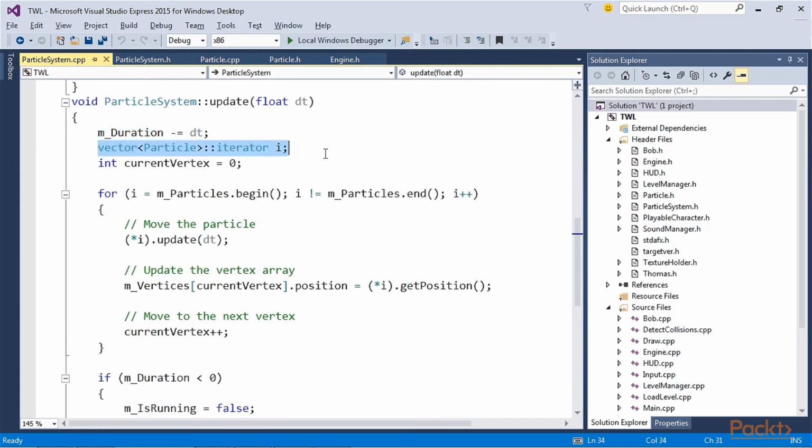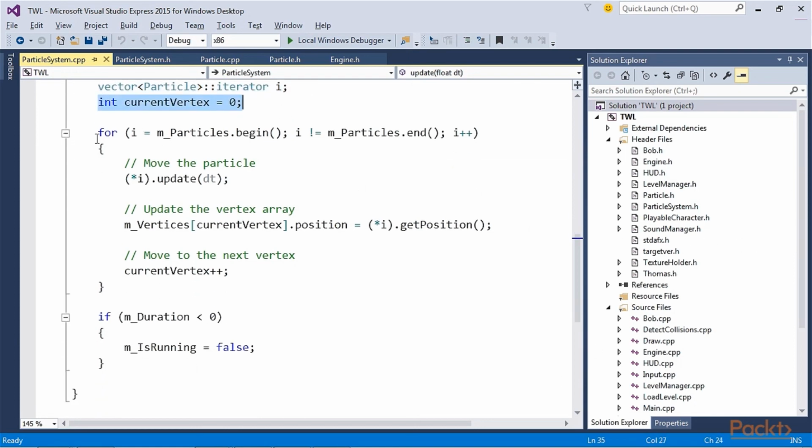A vector iterator, i, is declared for use with m_particles, and currentVertex is set to 0. The for loop goes through each of the particle instances in m_particles. For each and every one it calls its update function and passes in dt. Each particle will update its position.